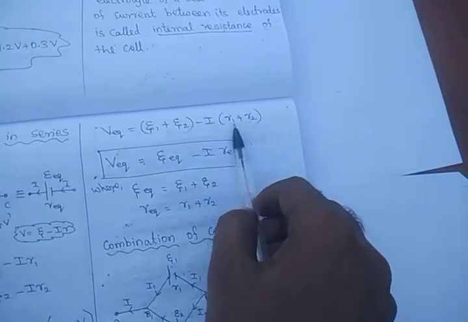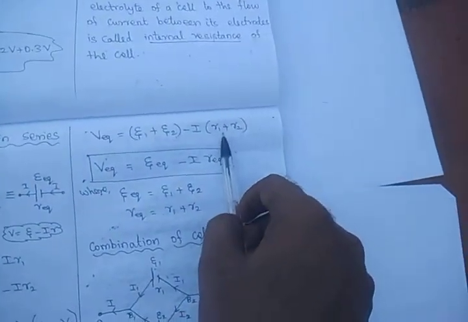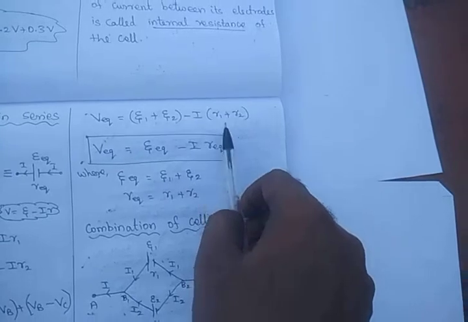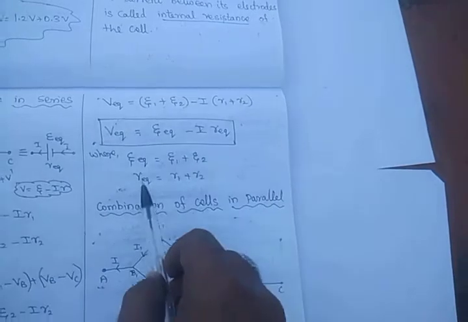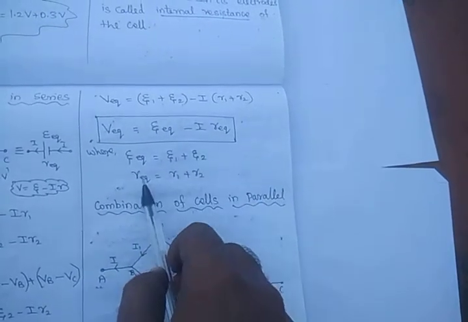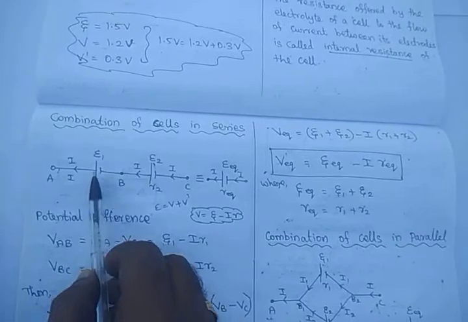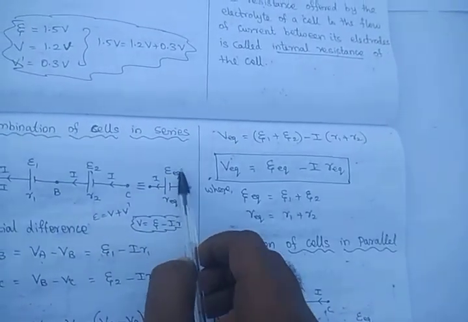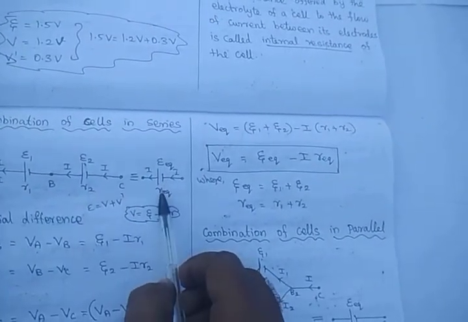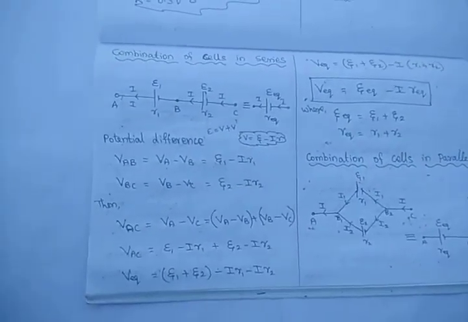IR equivalent is this in series. So the resistances of the two cells directly add up, similar to the resistance in the combination of resistors. So R1 plus R2, and the EMFs we can directly add, E1 plus E2. So E equivalent is equal to E1 plus E2, and R equivalent is equal to R1 plus R2. So we can redraw this diagram, cell 1 and cell 2, as a single cell: E equivalent, with R equivalent. E equivalent is the EMF of the combination of two cells, and R equivalent is the combination of the internal resistances of the two cells. So very simple derivation, students.